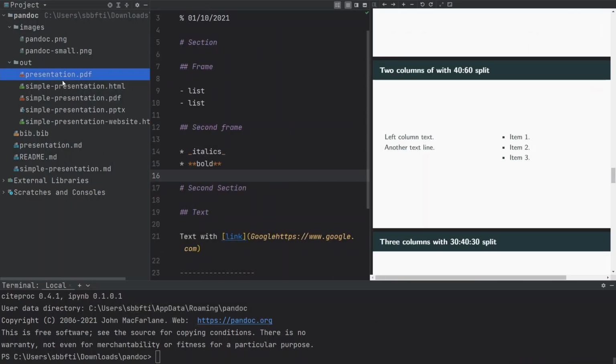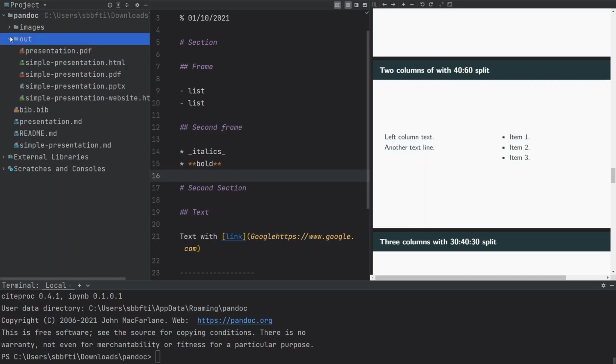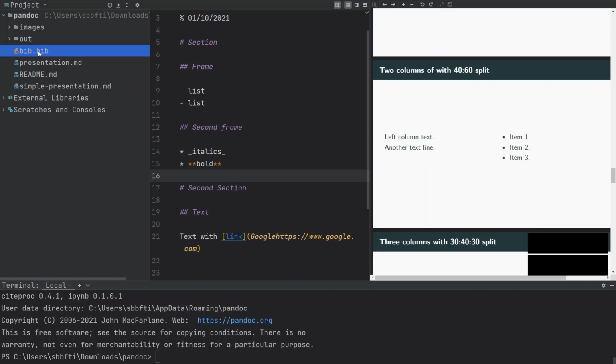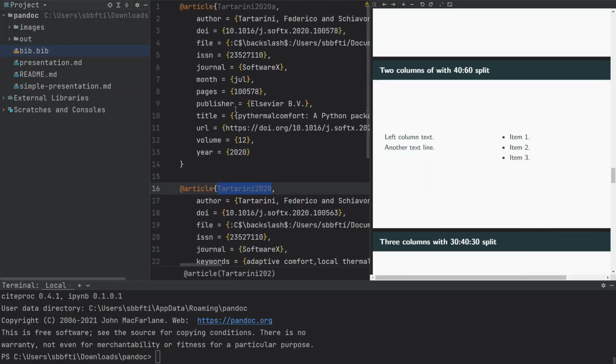So I like to have all my source files here in the root directory. So in this case, this project is called pandoc. So we have the presentation.md and the simple-presentation.md markdown. It could also be a text file if you want to. I use markdown, so I can also have markdown mode here on PyCharm. I will show you that in a second. I have a bib file in which I have included a couple of references here.